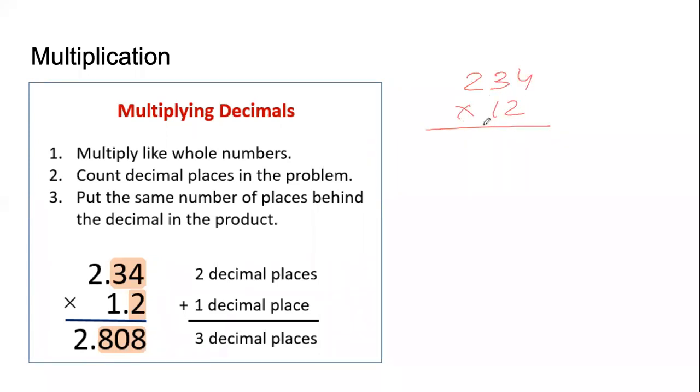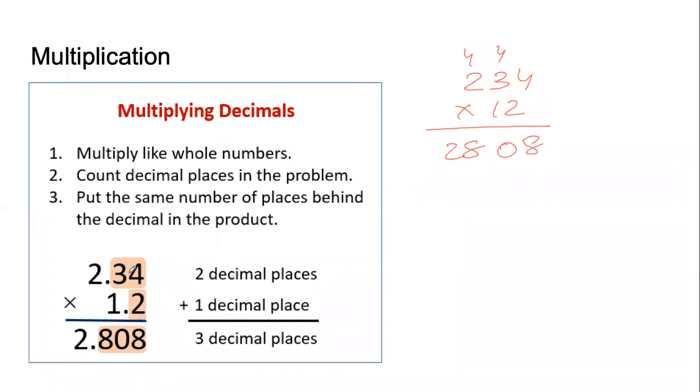Now those who are following the instructions of the teacher, who are practicing multiplication tables: 12 4s are 48. 12 3s are 36 plus 4, 40. 12 2s are 24 plus 4, 28. After doing this, what we have to do is see how many digits are after the decimal places in the numbers that we have multiplied.